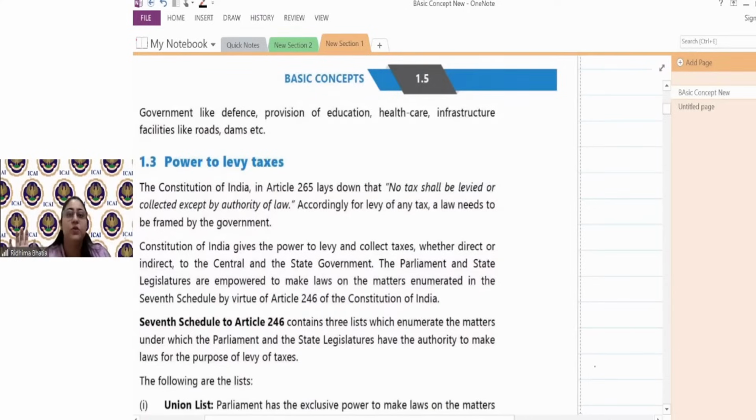गवर्नमेंट के लिए एक रूल बुक है विच इज कॉल्ड संविधान, विच इज कॉल्ड कॉन्स्टिट्यूशन ऑफ इंडिया. सो कॉन्स्टिट्यूशन ऑफ इंडिया gives the power to the government, and through those powers the government exercises what they have to do. They will get to know what they have to do or what they do not have to do. So government को power कौन देता है? Constitution देता है. Constitution has written that the tax can only be recovered when it is through any law. ऐसा नहीं है कि anyone can go and recover it. There should be a law to recover tax.